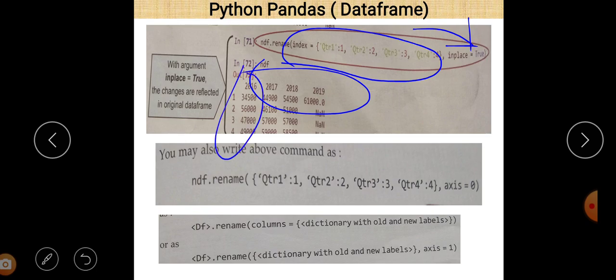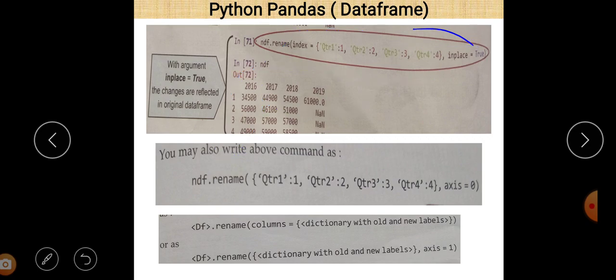Now you may also write the above command as NDF.rename Q2R1, Q2R2, Q2R3, Q2R4 with axis equal to 0. Okay, so you can define axis also, and by default axis is 0, and if you want to change the axis, then we can write axis is equal to 1.